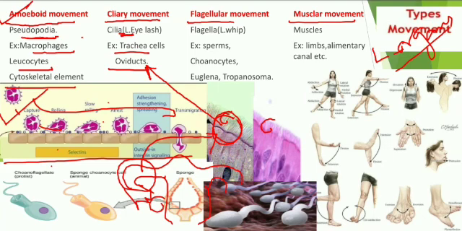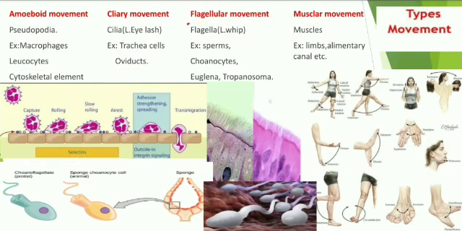And another thing is, we have seen ciliary movement in the trachea. If you take our trachea, cut it into sections and observe under the microscope, you will get cells like these. These are the tracheal cells, and these are all cilia. They can filter the dust particles as well as certain microorganisms and send the pure air to the next part because of ciliary movement.